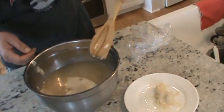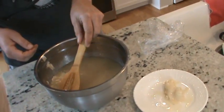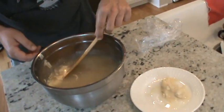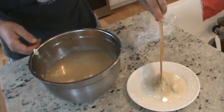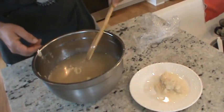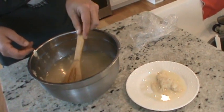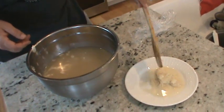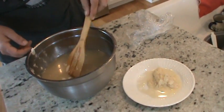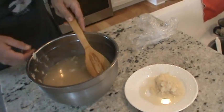So again, is it stock or is it broth? Well, it's probably a little of both, and it could be interchangeable. Stock is when you slow boil bones. Broth is when there's meat. So there were bones and skin and meat and everything, so I guess it's probably more broth than stock. So anyway, get some of the big fat pieces out of here. And again, this freezes up nice, and you can use this for soup,